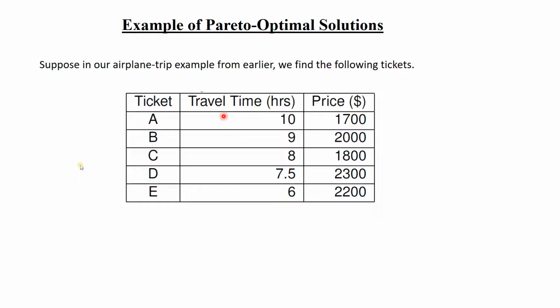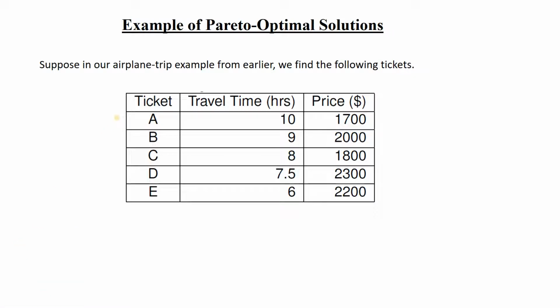They have to find the optimal solution, so they adapt this particular technique. So Pareto optimality is a concept. Now the example we discussed in the previous lecture: if you have 5 sets of tickets, with these prices and these traveling times, we have seen that no one will choose B, because you have C as a better option, and no one will choose D because you have E as a better option.